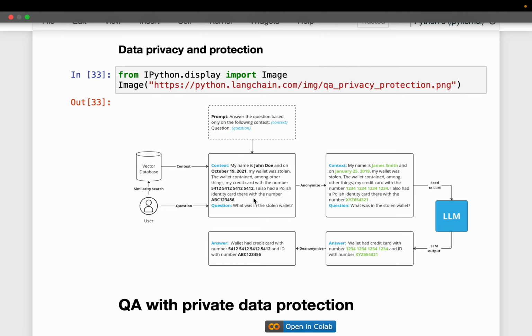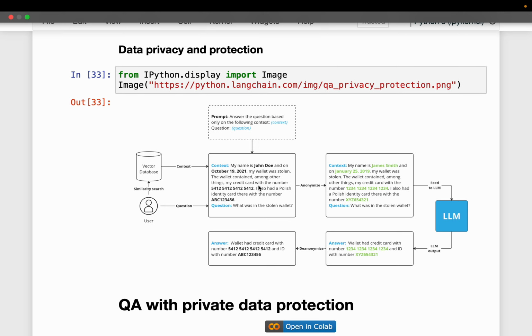Now you receive lots of these documents, and let's say you are investigating one of the cases and you want to find out some specific details about a case, right? So you want to use LLMs to quickly find out what was the stolen wallet, right?